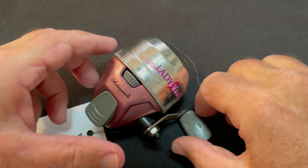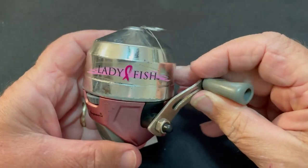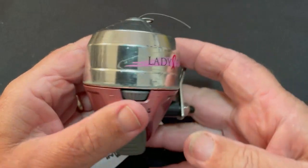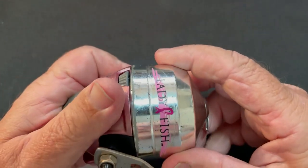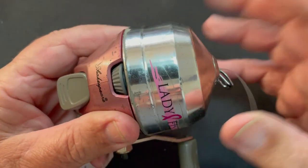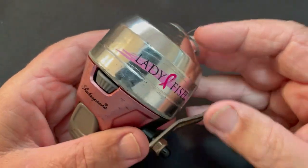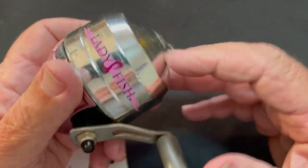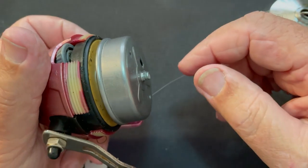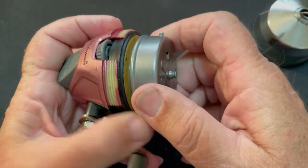Today's plan was to be working on this Shakespeare ladyfish reel, and I was kind of excited to be fixing it for a young lady, Robert's daughter. And unfortunately, when I took it apart yesterday to do a preview on it, it had a problem. The rotor was stuck on it, and I